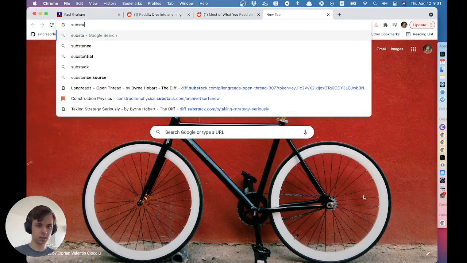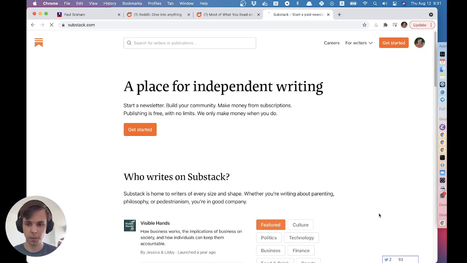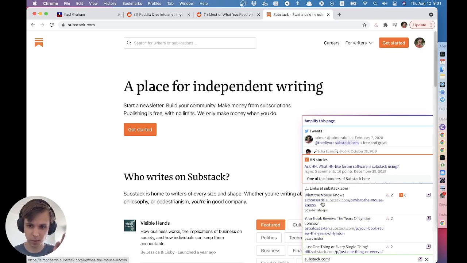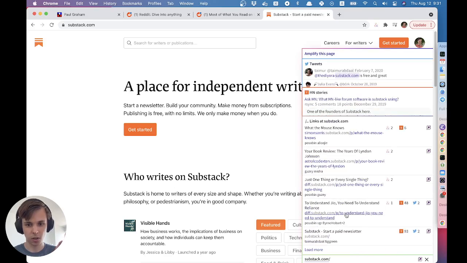Or say, Substack. When you go to Substack, Ampie would also show the links on the subdomains, right? So not just substack.com/something, but like simonsaris.substack.com or diff.substack.com. So it knows about the hierarchies, that diff.substack.com is part of substack.com, and internally it would represent URLs in such a way that it makes the search feasible and fast. And yeah, again, all those links are from a local cache. Their titles are